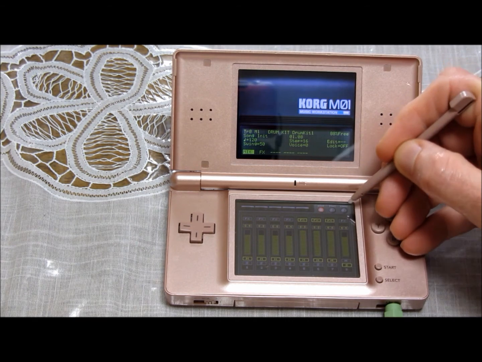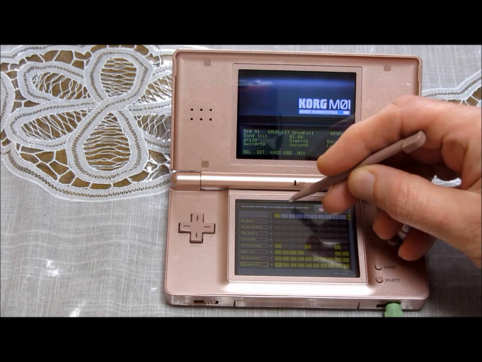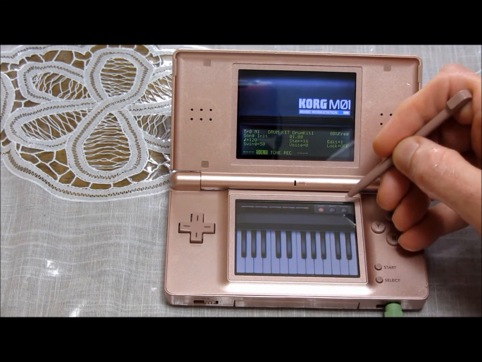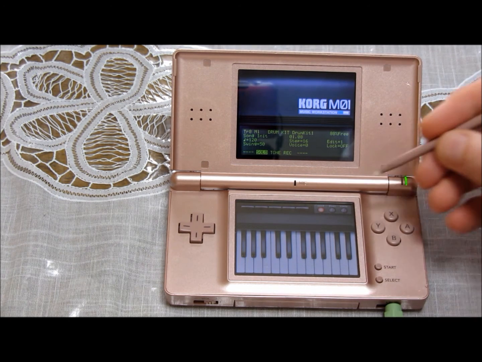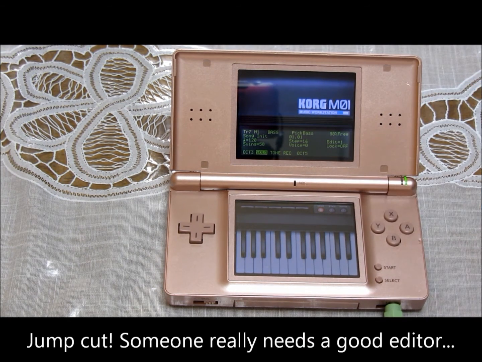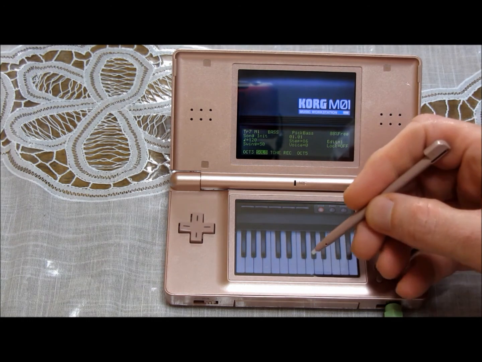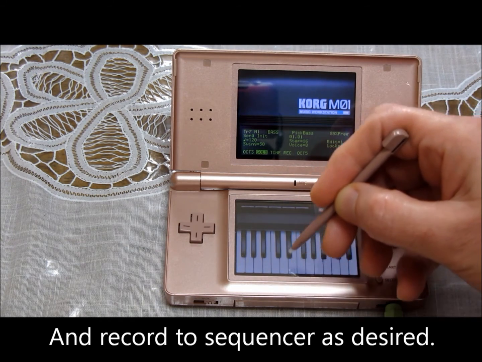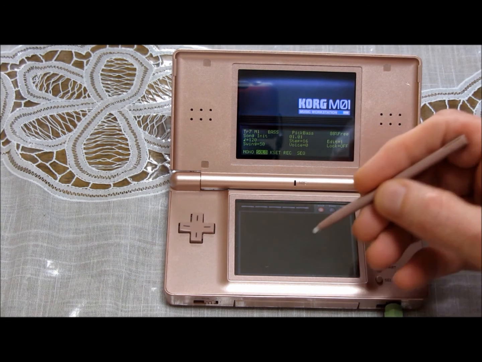Then from main, we can go into keyboard. And either play the keyboard with the drum track, or we can go to one of the other instruments and play the keyboard with that instrument. Additionally, we have the Kaoss pad. And from the Kaoss pad,